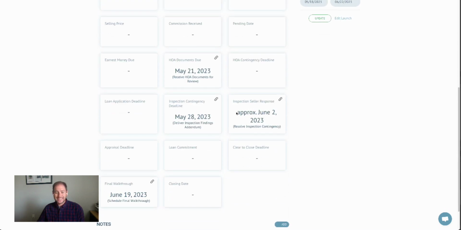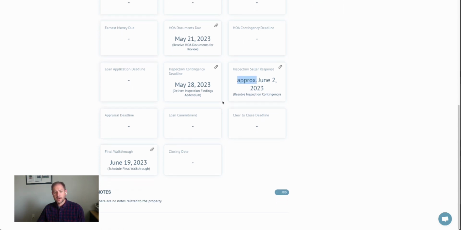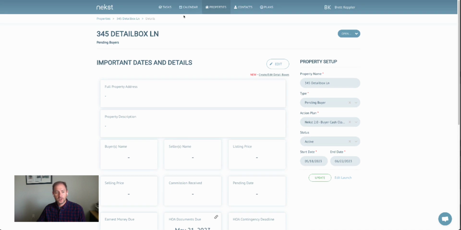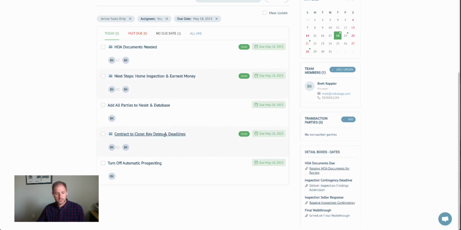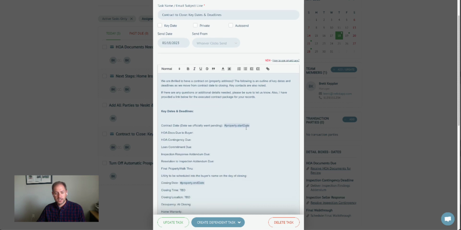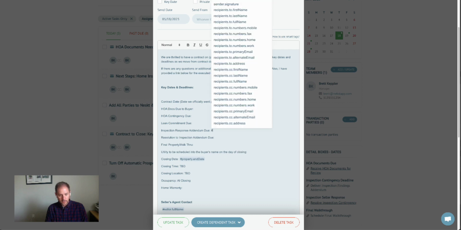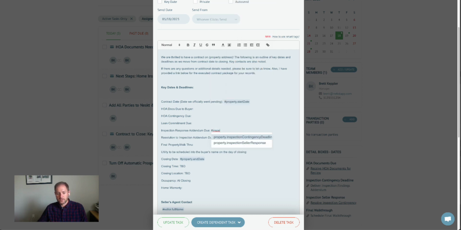If we have something that's a dependent task, it'll have the "approximately" here, just so they know that that could change. The next really cool feature is, for example, inspection contingency deadline. We can go back into our tasks, and most of us use an email like this that's called key dates and deadlines, and we can start inputting all of those detail boxes. So I'll just start typing inspections. We have our seller response, and we can do final walkthrough, property final walkthrough,